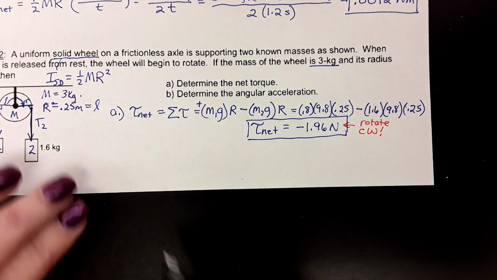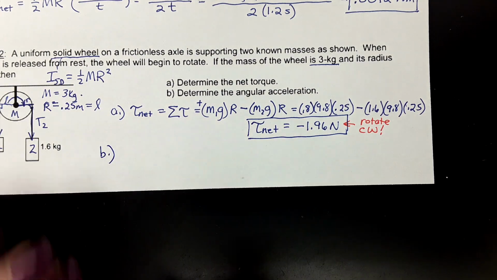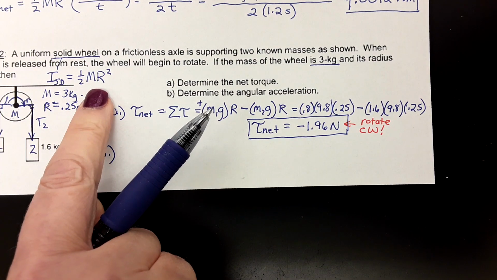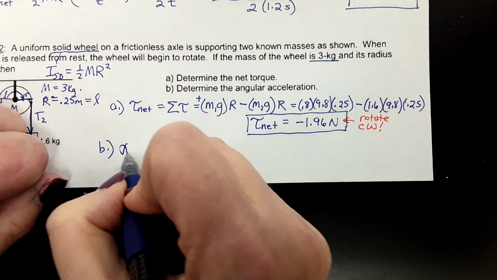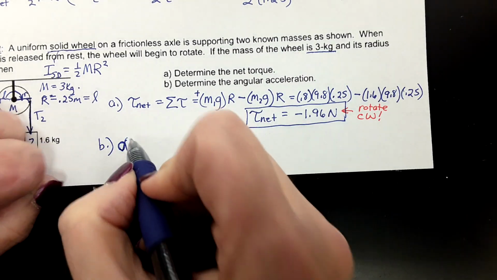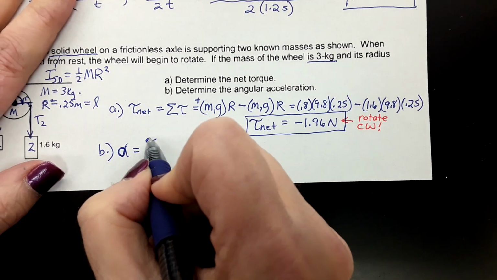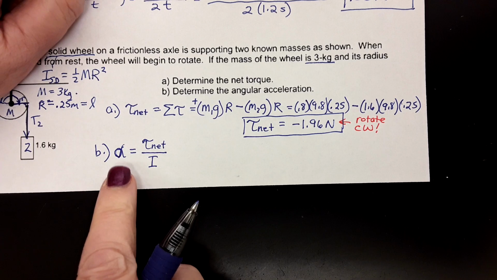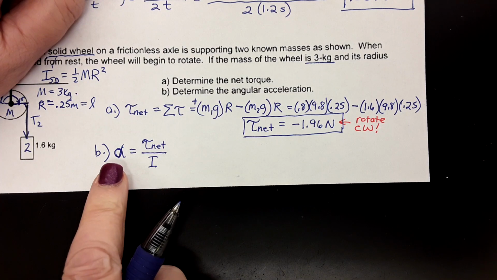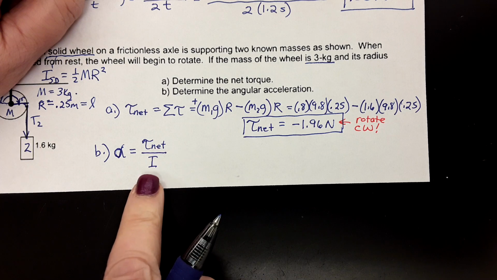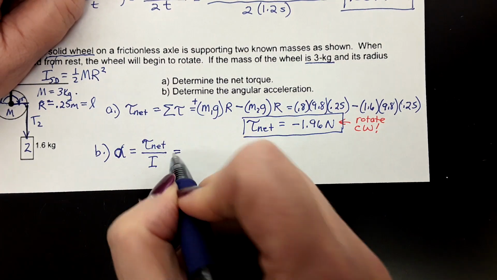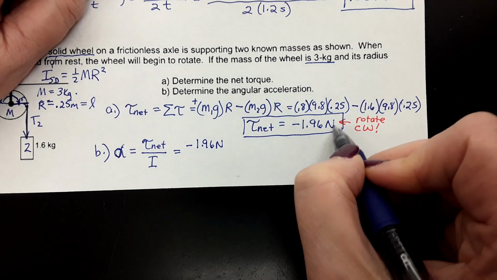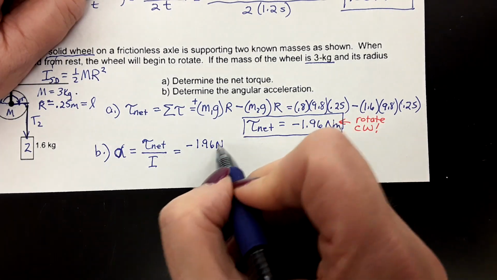Part B wants us to determine the angular acceleration. Well, we just found the net torque, and we know the moment of inertia right here. So we can say the angular acceleration from Newton's second law for rotational dynamics would be the net torque divided by the moment of inertia. So instead of a equals F over m, we get alpha equals net torque divided by moment of inertia. So that'd be negative 1.96 newton meters